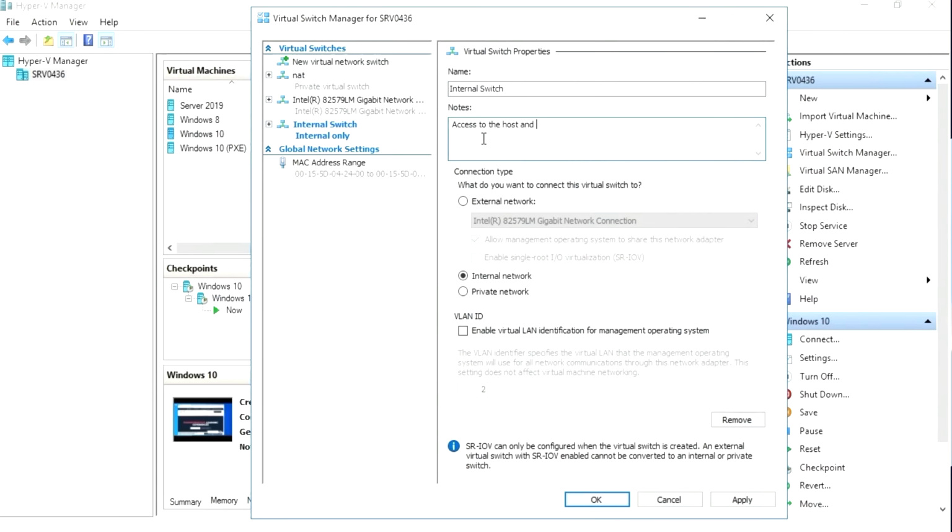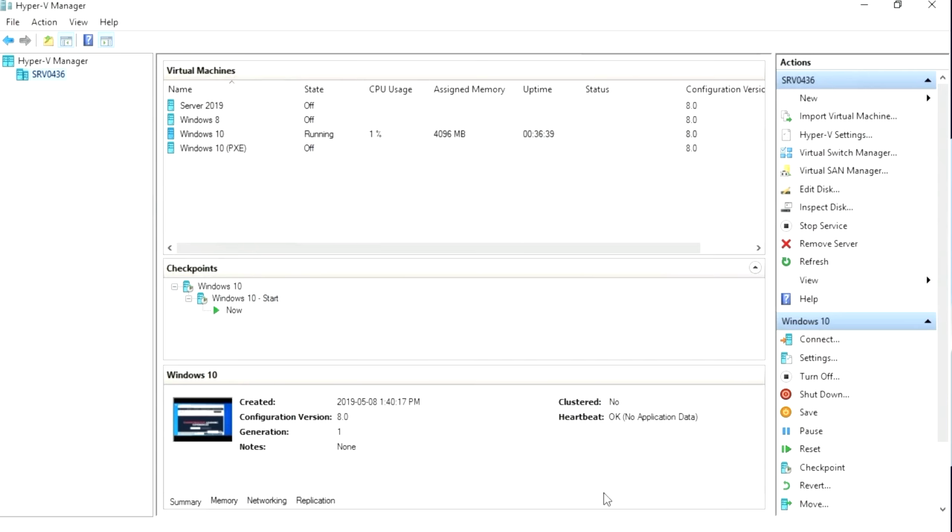Okay, so in this case, we don't need to choose a network adapter because the virtual machines are not actually touching the real network. They can simply see the host system because they already reside on the host. So all we have to do is choose internal here, or at least verify that internal is chosen, and click on OK. That's it. Now we've got our internal switch created.